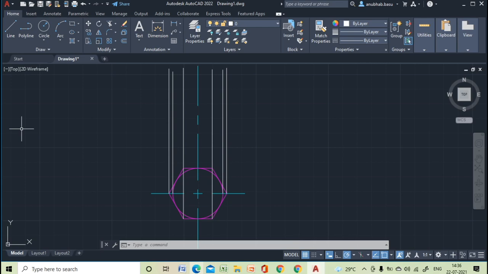So now we will draw the nut. So it is 20 mm.